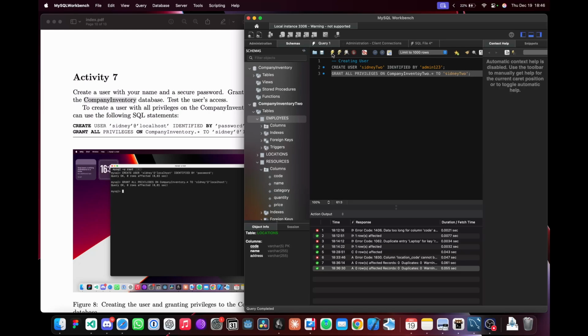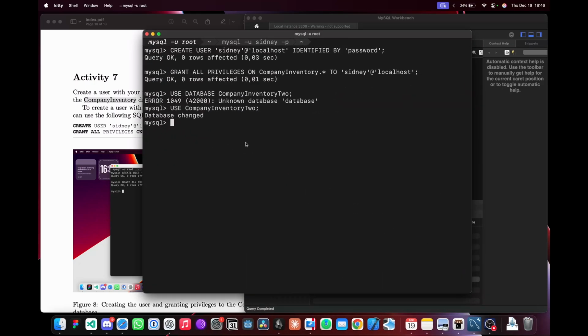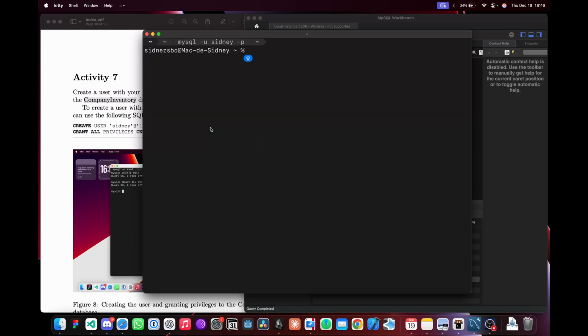Okay, now if we try to execute this, it works, and now we need to log in with this user and try if it works. So I will use the terminal, we exit, we clear, and now MySQL, specify the user, in this case Sidney2, and with password we enter the password,